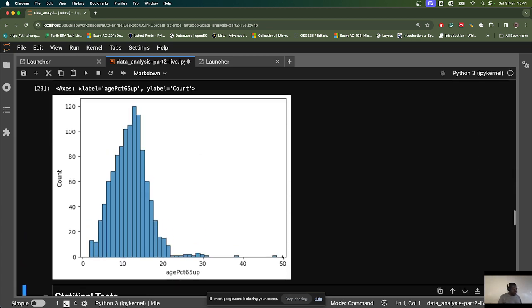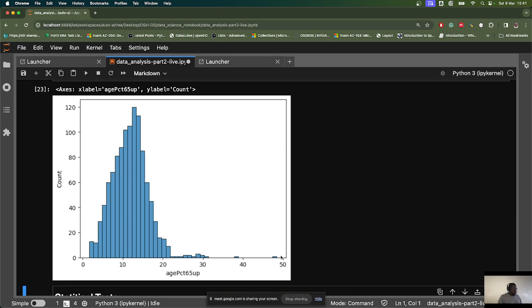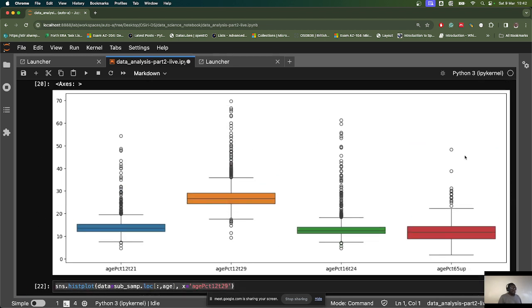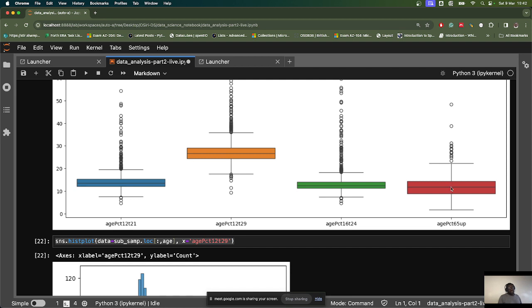Yeah, so this is the 65 app. We are seeing there are a few outliers which are very close to 50. If we go up here, we are seeing the same, I think it's just one outlier actually, that is close to 50 as well. So we are seeing that a lot of the data lies within this range from about 22 to about